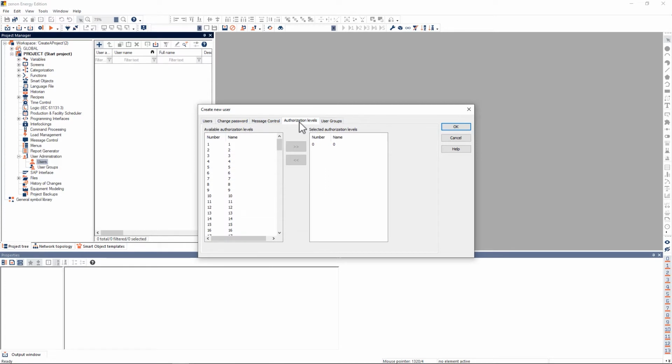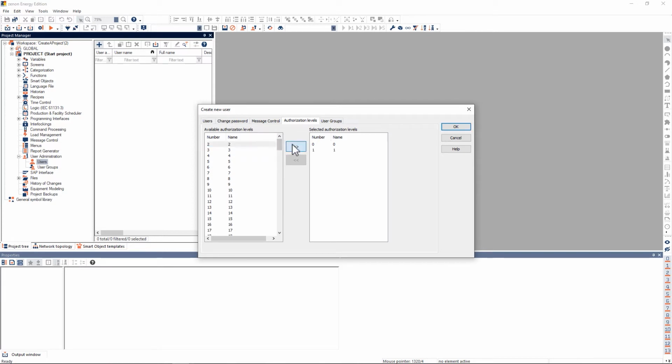Authorization levels are used to prevent specific users from interacting with different functionalities in Xenon, whether it's in the Engineering Studio or the Service Engine. Elements, specific modules, and more can be assigned an authorization level. These authorization levels are not hierarchical. This means that if a user only has authorization level 3, it will not be able to interact with elements or modules with authorization levels 1 or 2 and must be assigned these additional levels. For this user, it will be assigned authorization levels 1 and 2.